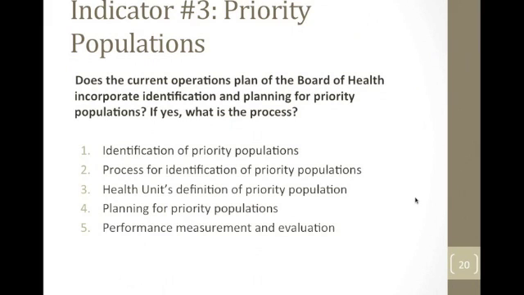Dr. Tran? Right. So the third indicator fits nicely into what Nicosia was mentioning about priority populations. There's 5 components to it. It's about not only identifying the priority populations, which is really bullets 1 to 3, but also whether or not after identifying the priority populations, there's plans and adjustments made to the programs to meet their needs, as well as monitoring or evaluation. Next slide.